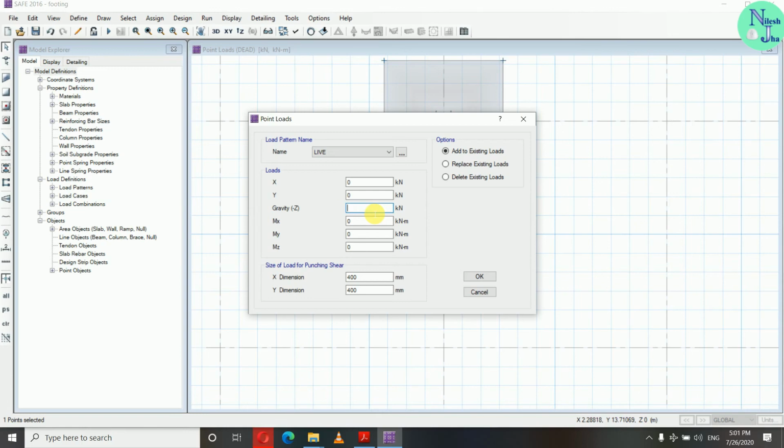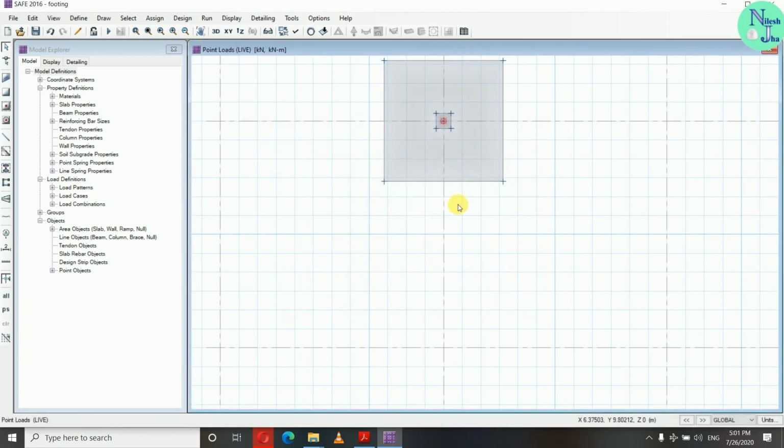So we have the live load value of 216.0335 kilonewton, and size of load for punching shear is the same, and we will add to existing loads because we want both live and dead load there. Okay, so we have applied our point load.